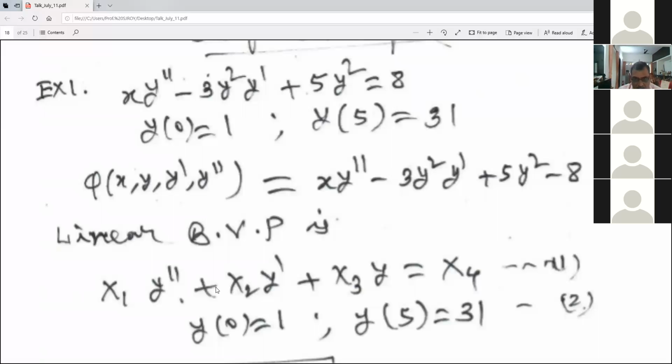But if it is 3 by 3, suppose you divide 0 to 5 into 5 points, then you will have 4 equations in the system. Then you have to solve. If you are able to solve by hand, it is possible. That is nothing wrong. So for any nonlinear equation, you can get a solution.